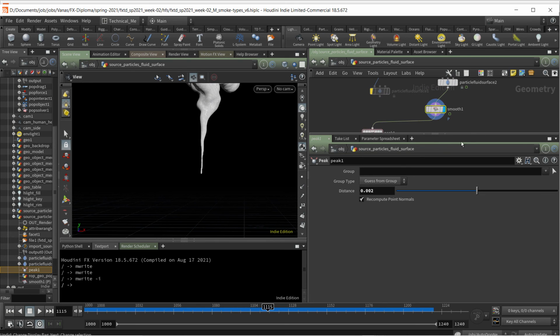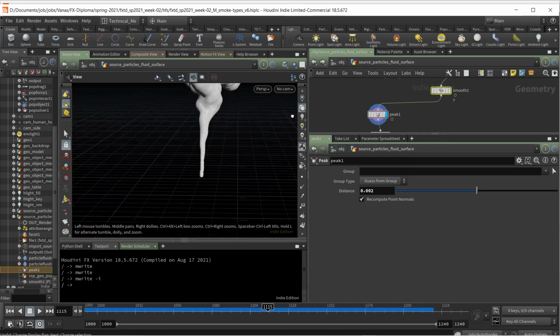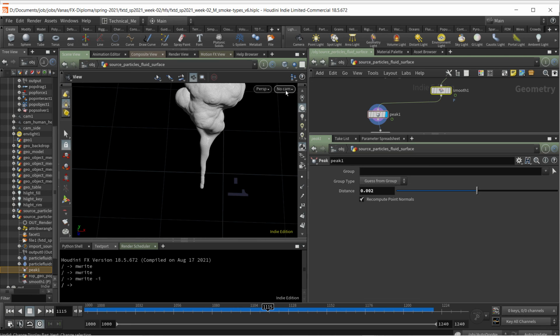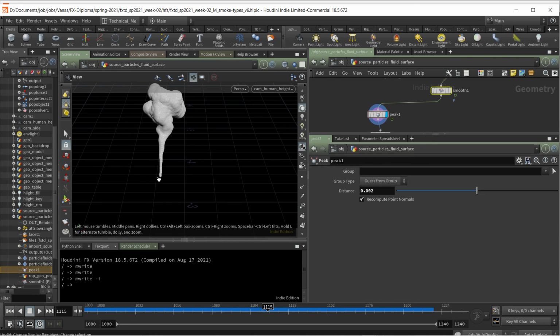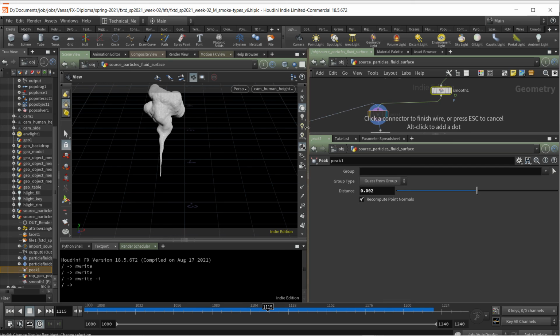0.02. Okay. So peak. There we are. So that's what I started off with. And relative to the size of the cigarette, for the smoke, that's probably good. It's pushing out a little bit. And if I turn that off, that's what I got. Maybe I didn't even need it at all, but it just makes the smoke slightly bigger